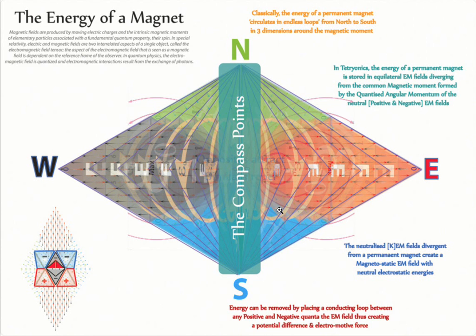The fields can do this because at the center of the bar magnet there always exists a singularity where the electric and the magnetic fields do not exist. It's normally called the Bloch wall in magnetic experimentation or magnetic fields. It's simply where the electric and the magnetic fields come together and cancel each other out at, obviously, the point